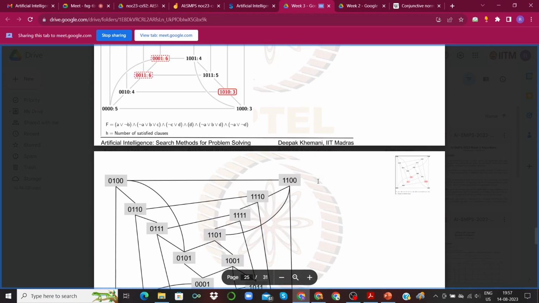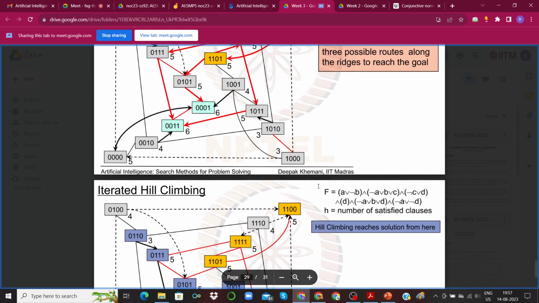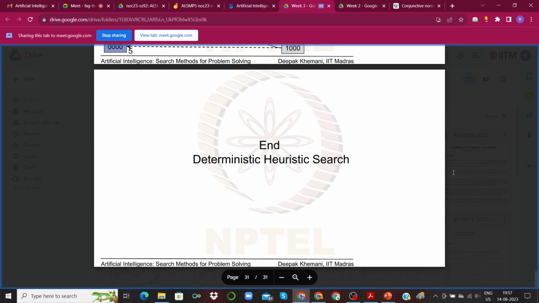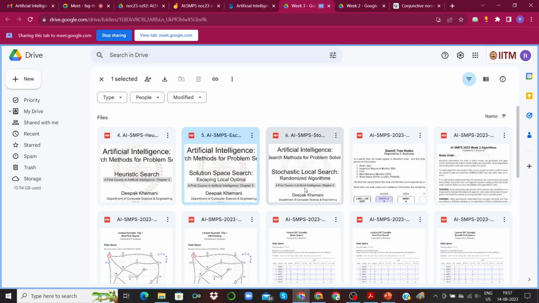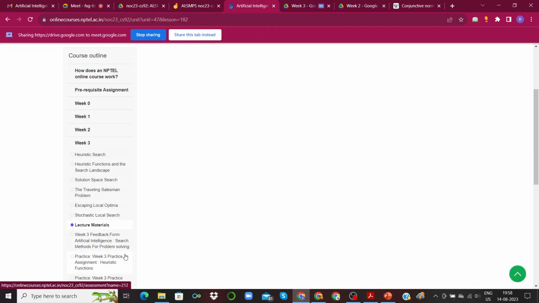There are a number of ways to solve this particular problem. You will see some of them in this lecture. Some of them you will also see in the coming week, which would be this particular module, I think, the stochastic local search. I'm not sure if that has been covered yet. Let me just check it.